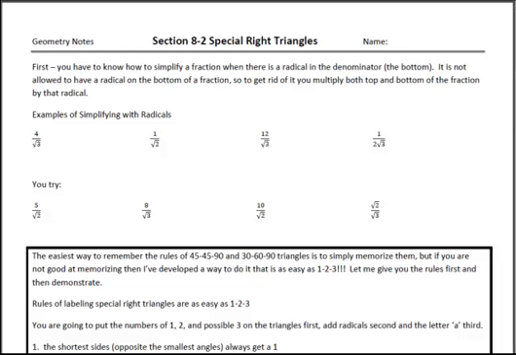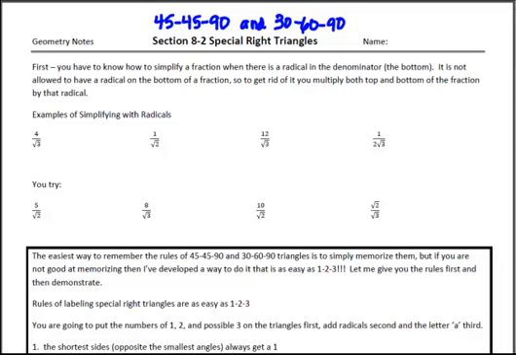Alright, you guys, this is section 8.2 called Special Right Triangles. Another way you could title it is 45, 45, 90 right triangles and 30, 60, 90 right triangles. So when you see triangles that have these angle measures in them, then there's some special relationships that hold true. Before we go over the rules, however, you have to know how to simplify fractions when there's radicals